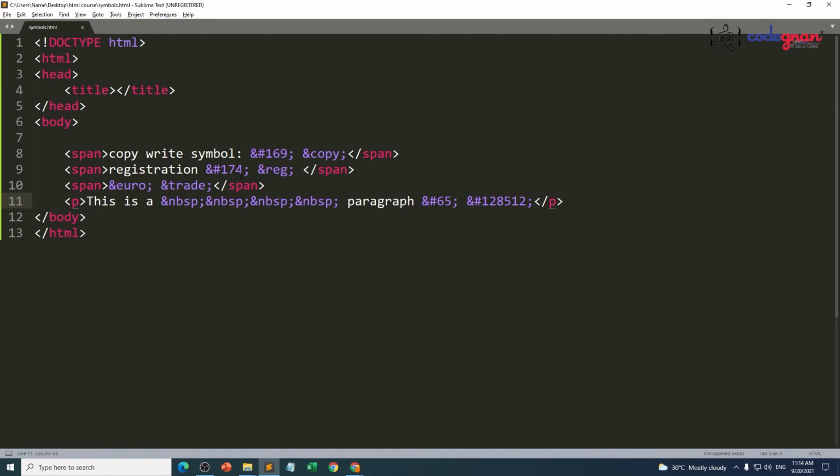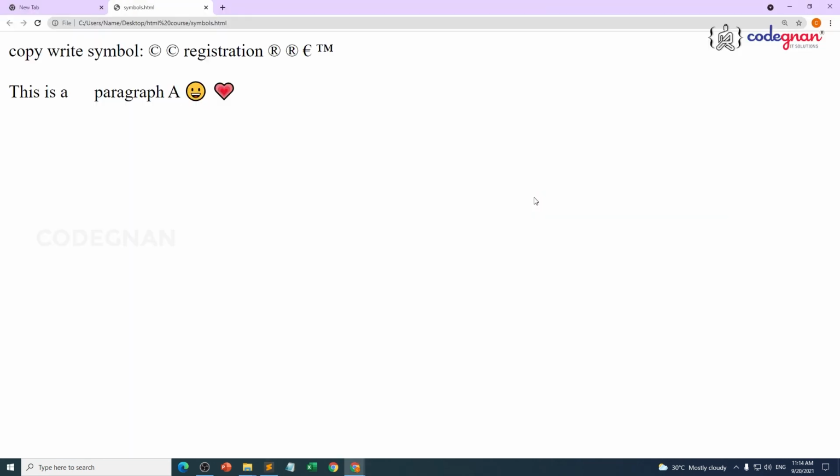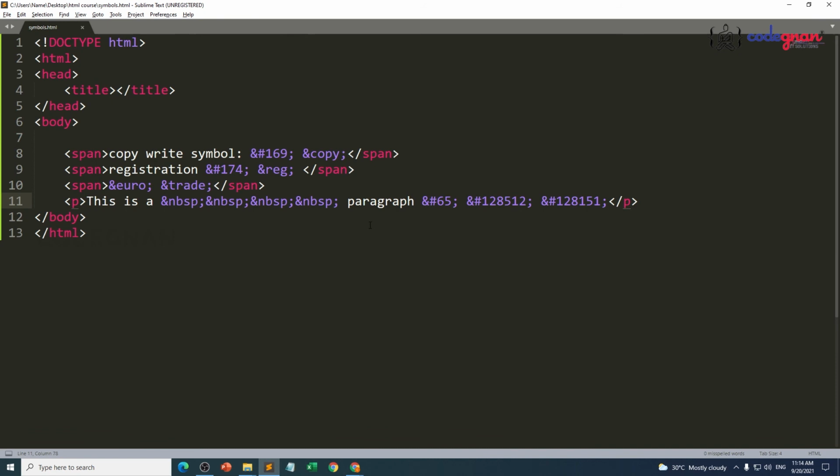If you want to see a love type of symbol, you have to use ampersand hash 128151 semicolon. Semicolon is must and should. A heart symbol is there. Like different types of emojis are present in our pages, but if you really want to use these things, you have to end with semicolon. That is must and should.